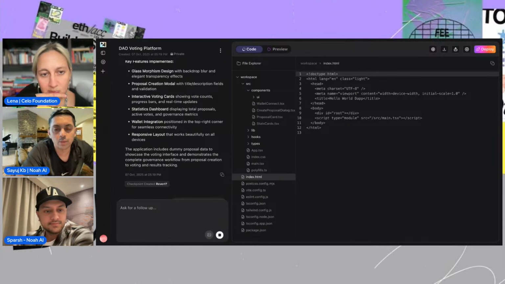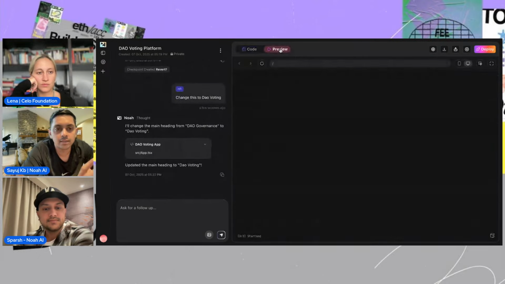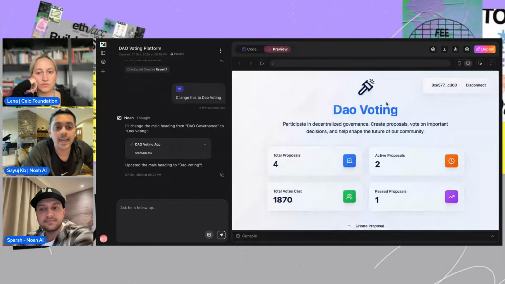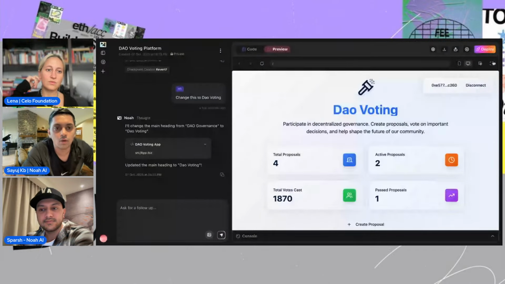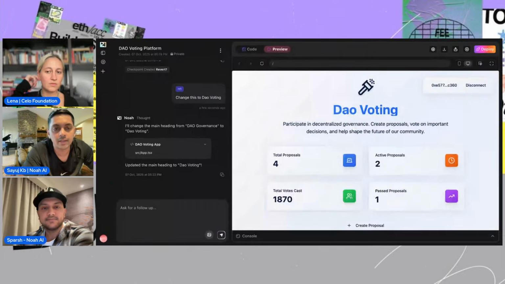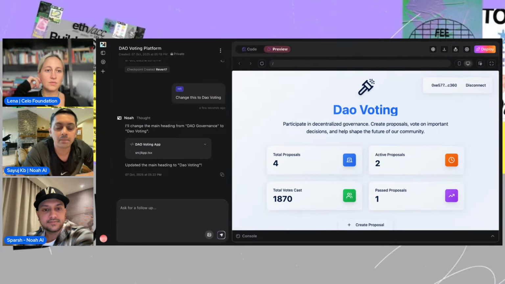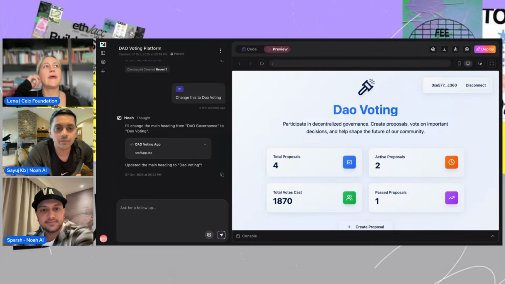I think what we can also speak about is, let's say if people do not have the design background as such, or some kind of a website on Framer or any kind of template, what they can do is take a screenshot of any template or any website that they like, attach the file to Nova itself and ask it to build something similar. So that's another really cool feature.